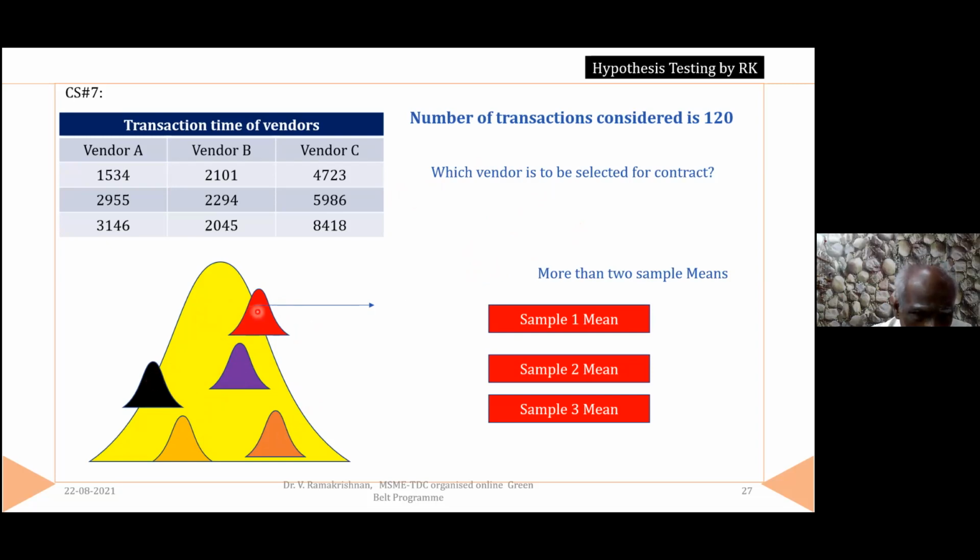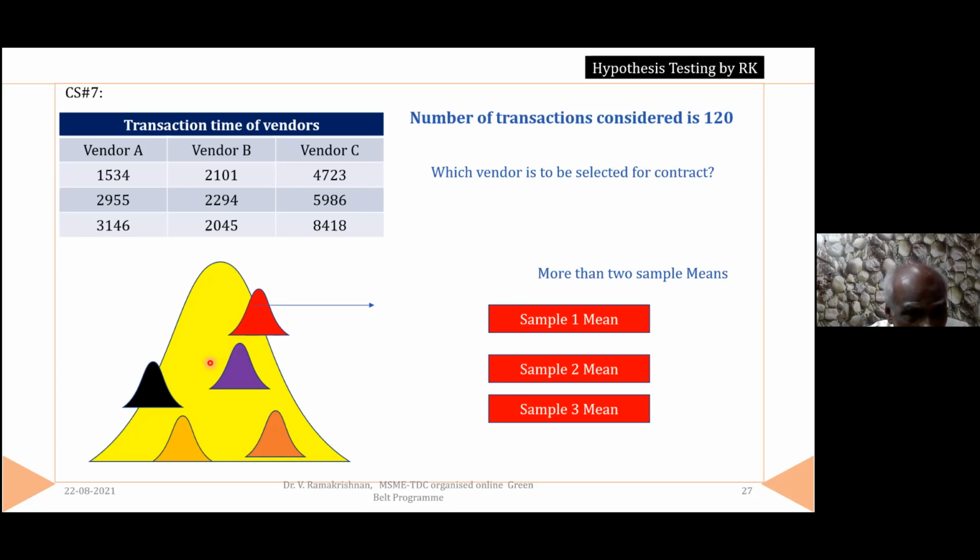This salesman or this salesman? Black or red? Black. Black, very good. Suppose you are trying to attract the customers. So you are doing the marketing. The more you retain a customer while talking, the more time you spend with him, that means there is every likely chance of his becoming a customer.